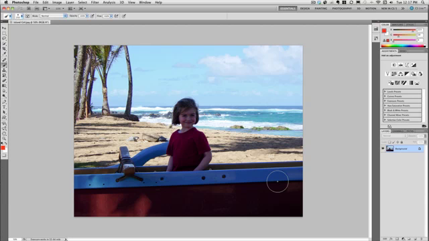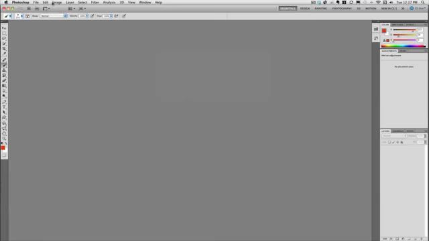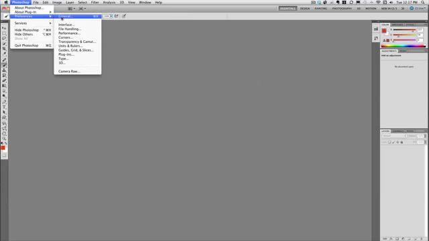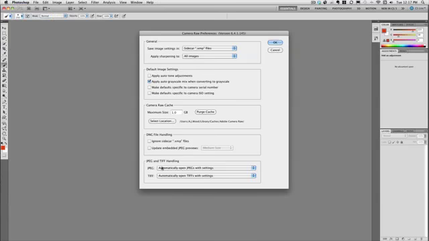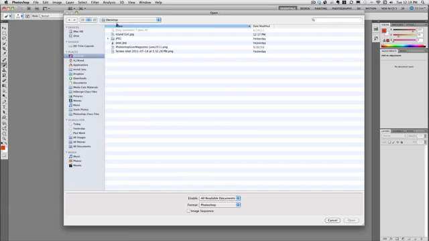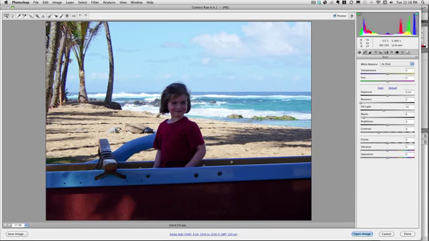If you decide that you really like this route, if you decide you want to do this on a regular basis, you can edit your preferences in Photoshop. So if you're on a PC, you would go to Edit and Preferences. If you're on the Mac, you go Photoshop and Preferences, and you want to specifically go to Camera Raw. You can change a setting down at the bottom that says Automatically open supported JPEGs and TIFFs. So if I do this and click OK, the next time I do File, Open and I point to a supported JPEG image, it'll open directly in Camera Raw first. So this is a great